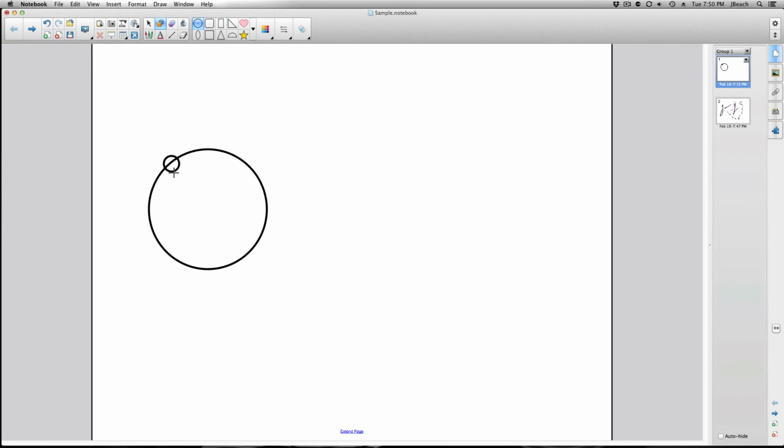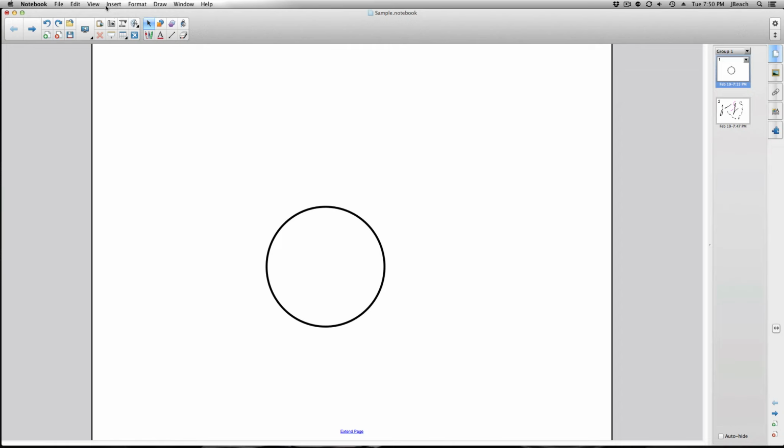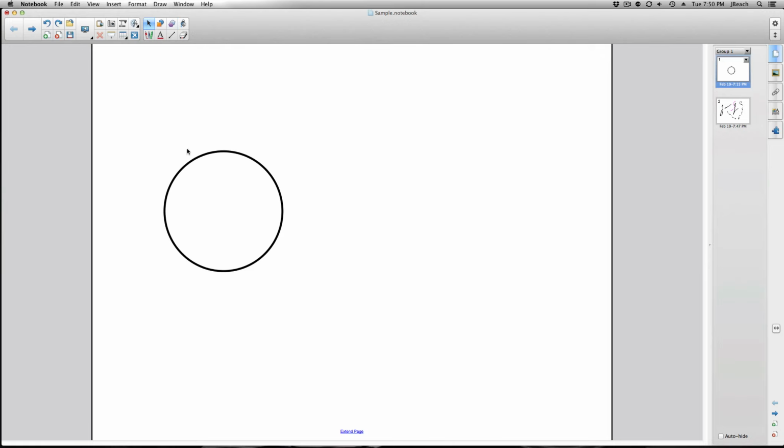And if I want to move this circle, I have to click the selector tool, because if I click up here and try to drag it, it's just going to still continue to make more circles. So I can use my undo button to remove those, and then go to my selector tool and then select the circle to move it. Now a real important note here, when you're working with these tools, make sure that you practice going back and forth between the selector tool and the object creator tool or the pen, because if you don't, like I've demonstrated, when you try to move this object, you're just going to keep